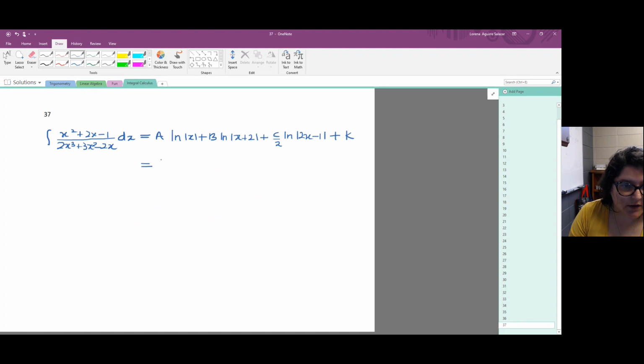So this is equal to 1/2 of the ln of absolute value of x, then minus 1/10 of the ln of x plus 2, and then 1/5 multiplied by 1/2, or 1/5 divided by 2, that's the same thing, that's 1/10 of the ln of 2x minus 1 plus a constant, that is the integration constant,